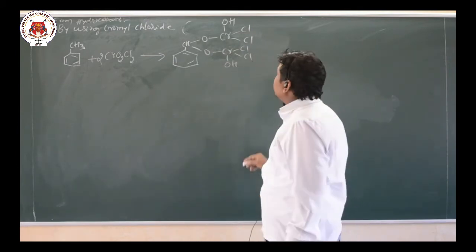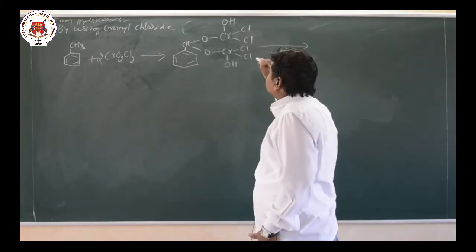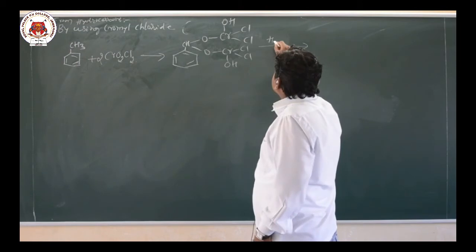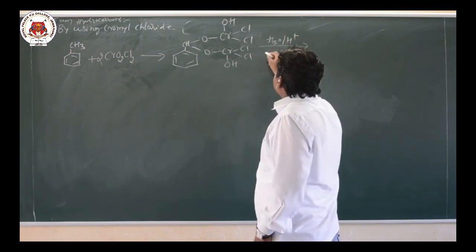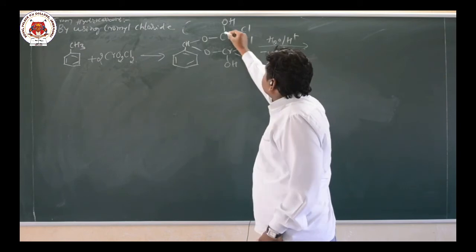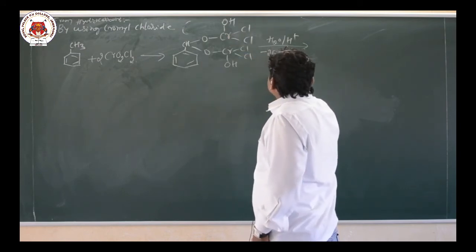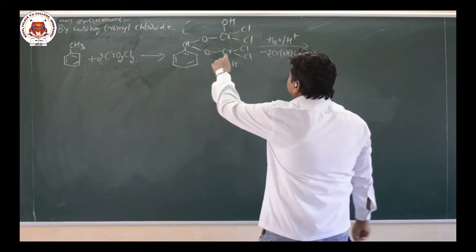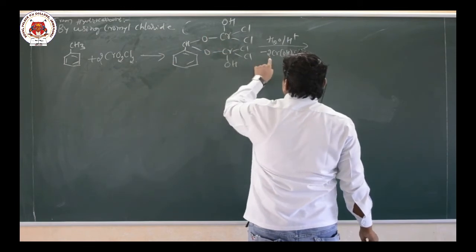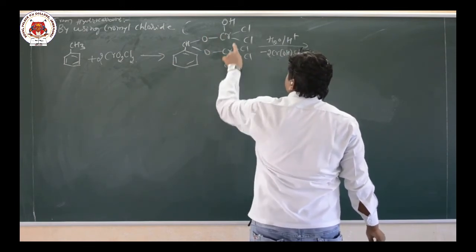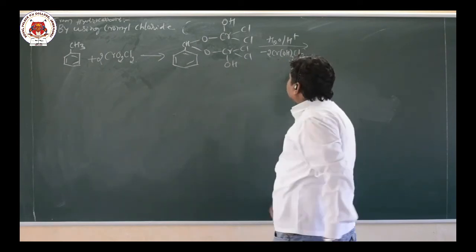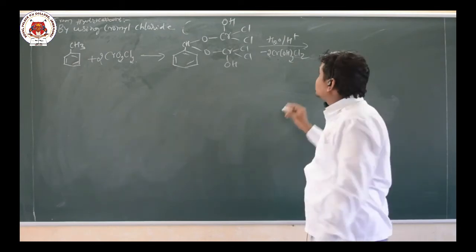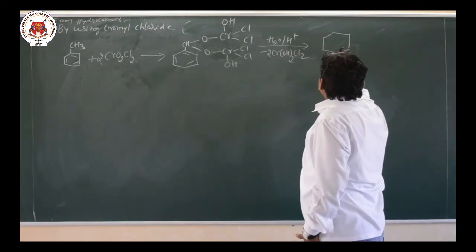So which will undergo hydrolysis, acid hydrolysis. So I will write here acid hydrolysis, that is H2O plus H plus, and removal of which group, this one group totally. I will write here the group 2CrOH2Cl2. So here removal of this group, that means 2Cr, then OH, and then Cl2, totally removal of this group. Now the product formed will undergo hydrolysis. So after this we will get directly a benzaldehyde.